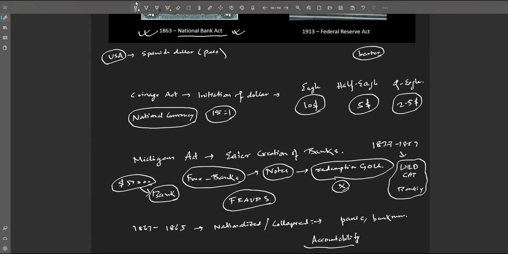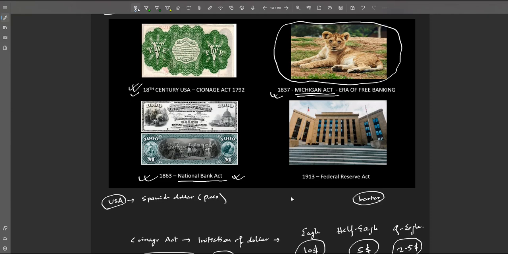And to solve this problem of accountability came the 1913 Federal Reserve Act. What it did was basically create the Fed, or the Federal Reserve System of America. Right now, the news that you see, the repo rates, the news with Jerome Powell, is basically deciding the rates of the Federal Reserve. So basically, with the 1913 Federal Reserve Act, the Federal Reserve was given the power to issue money or currency